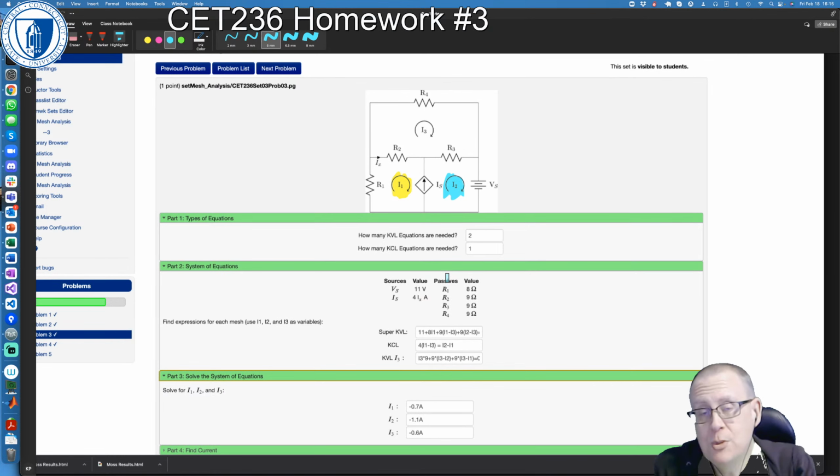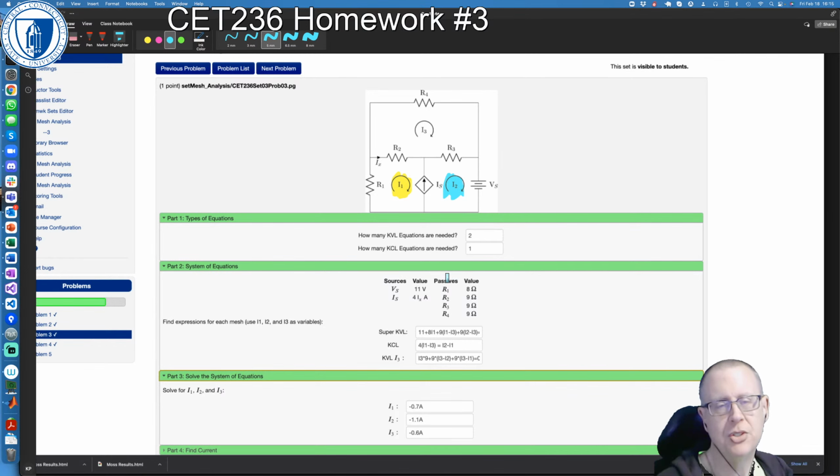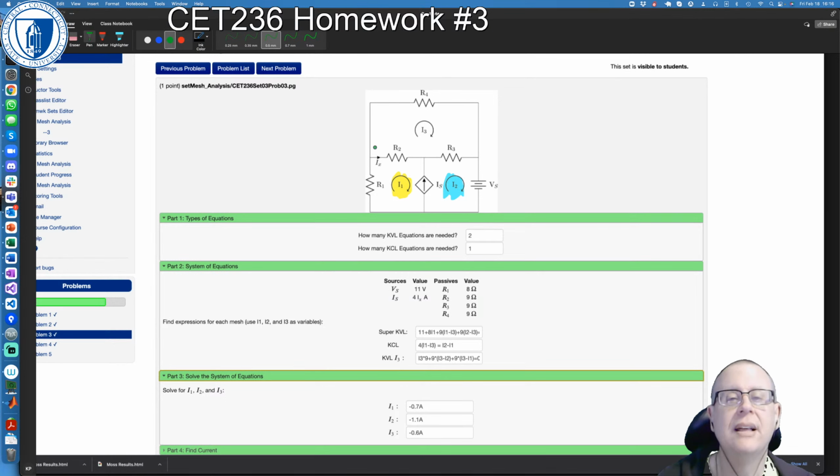The reason is because if we're applying Kirchhoff's voltage law, we don't know the voltage across the current source. We only know the current it supplies, we don't know the voltage. So I'm going to suggest that if that's IX, that we do a super mesh